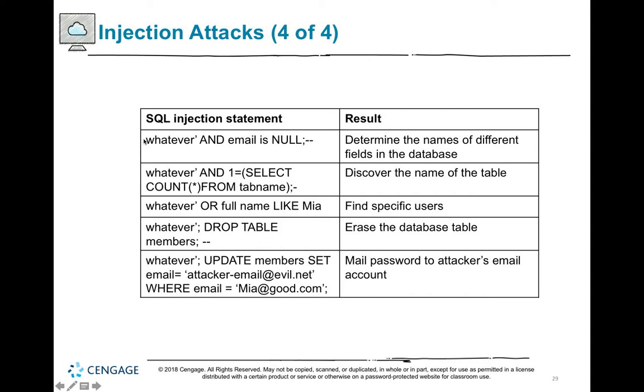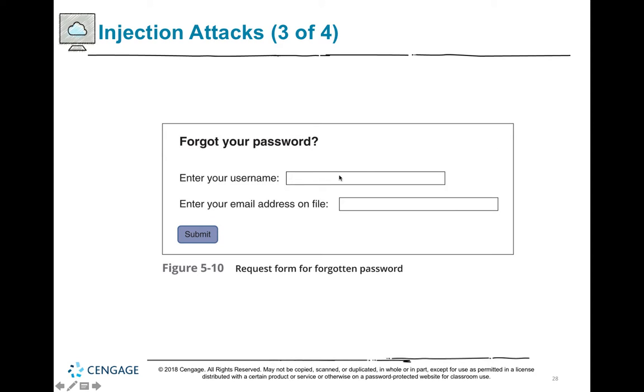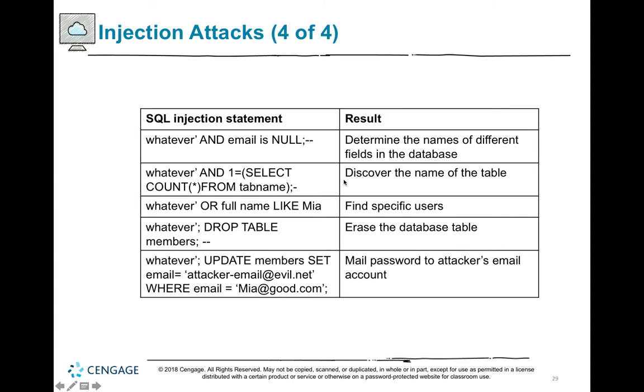The application is taking this whatever that is meant to be entered in here, that should be an email address. Then the application will put its own quote at the end of that. But if you put your quote there instead of the application, so you put the quote inside of your user input